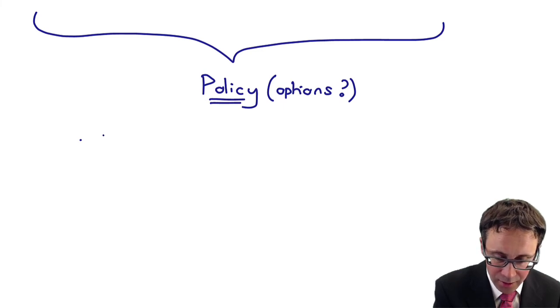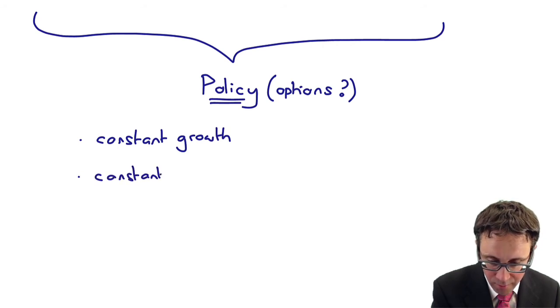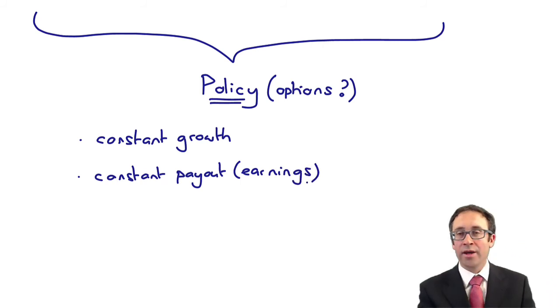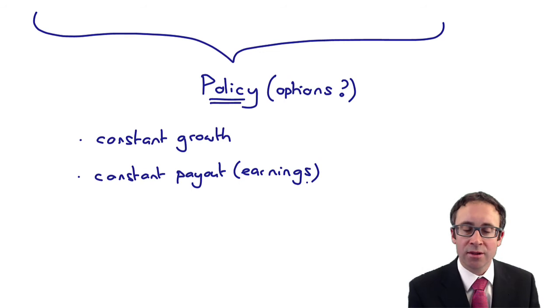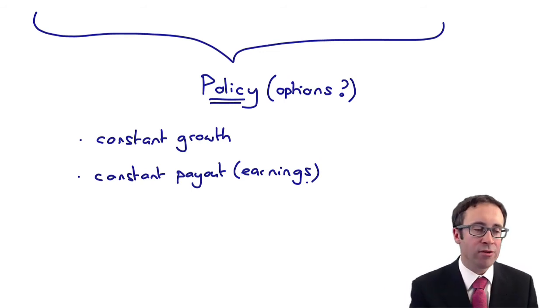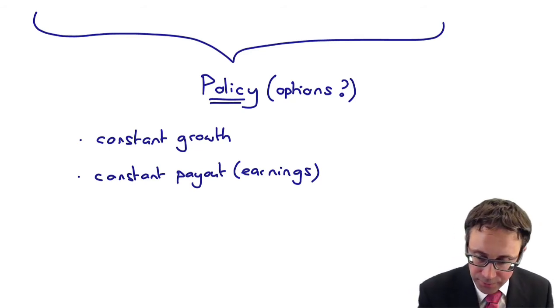So that could be there, couldn't it? Did we say before, constant growth? It could be there, a constant payout from your earnings. You might pay 10% of your earnings every single year, or you might have a dividend that grows at a particular rate every single year. Okay, key bit there is that both of those